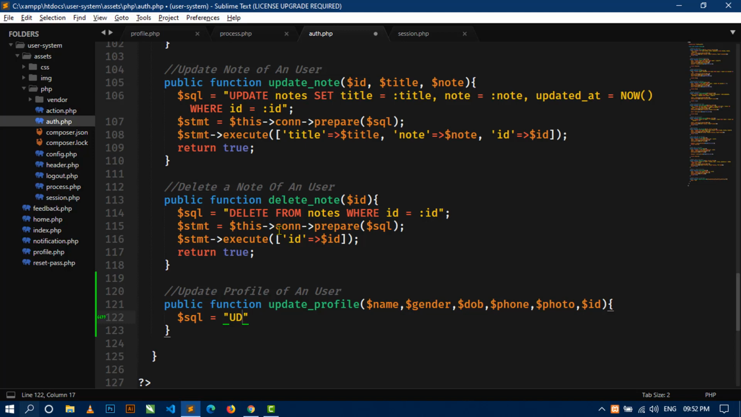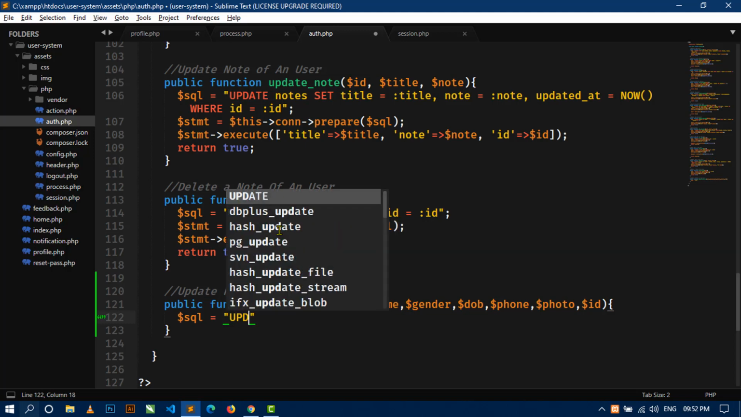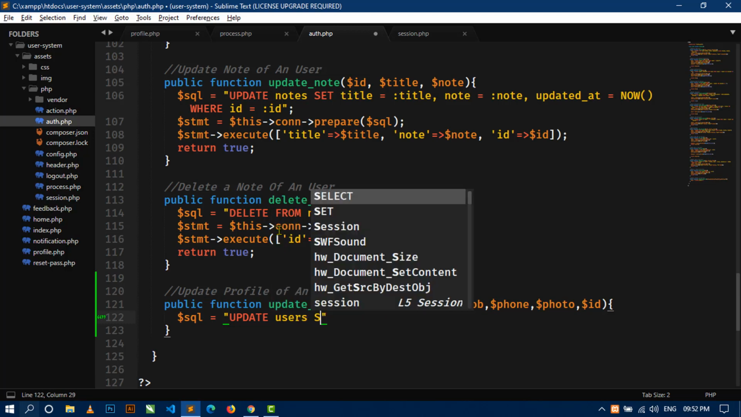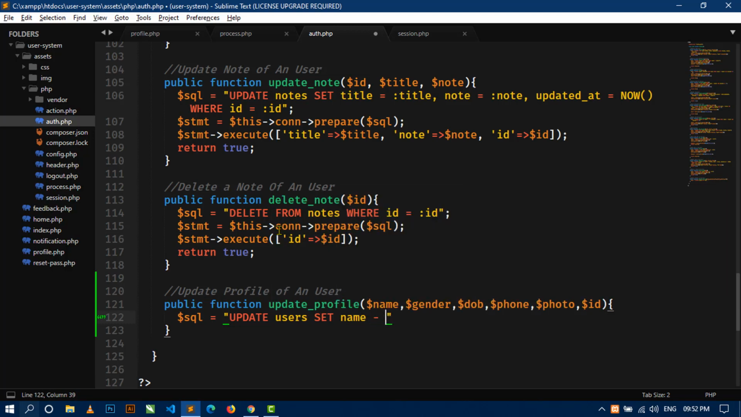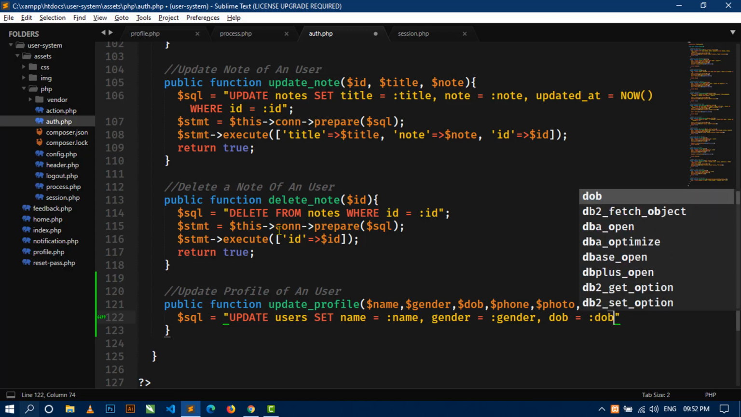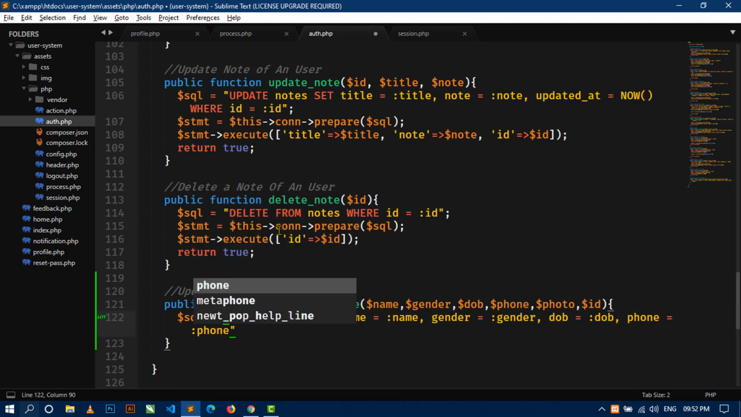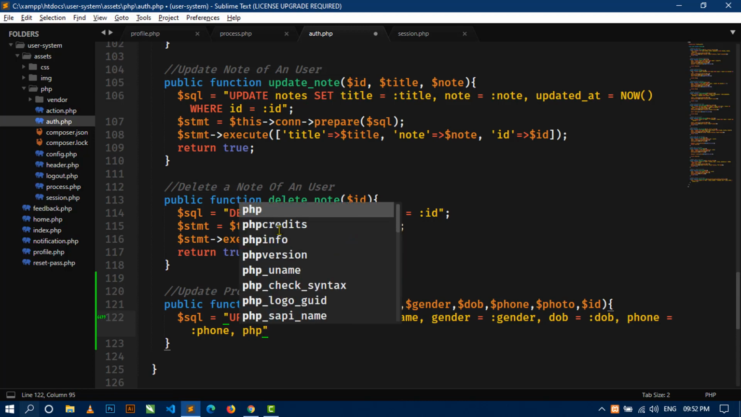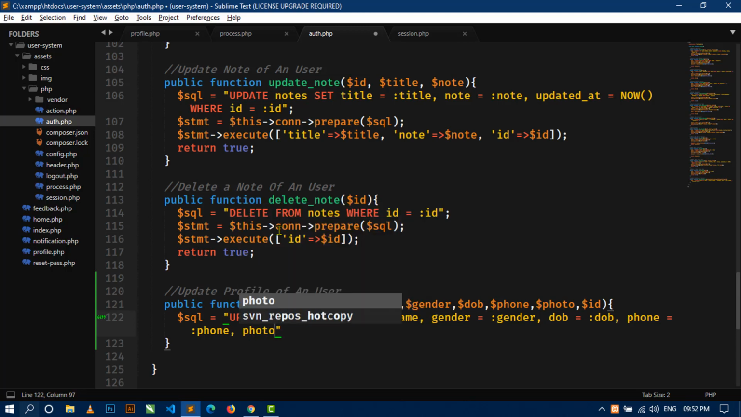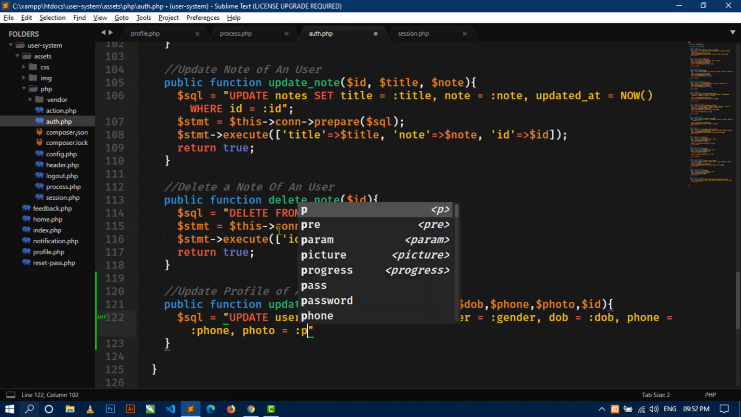So here I will write UPDATE users table, SET name equal to name placeholder, gender column name and gender placeholder, and dob column name and dob, phone, photo equal to photo,